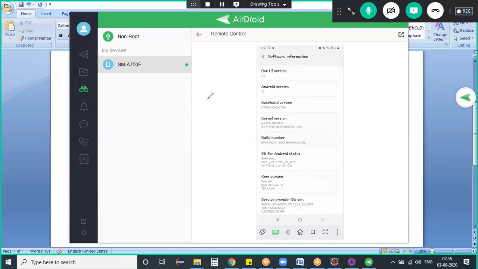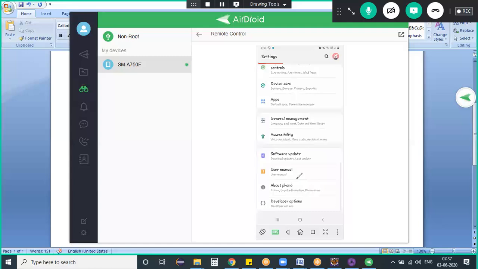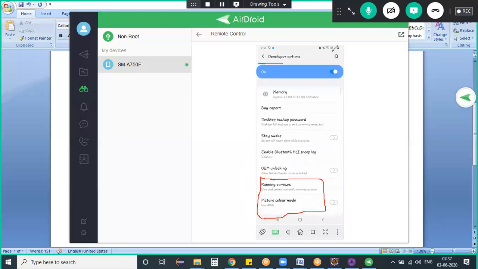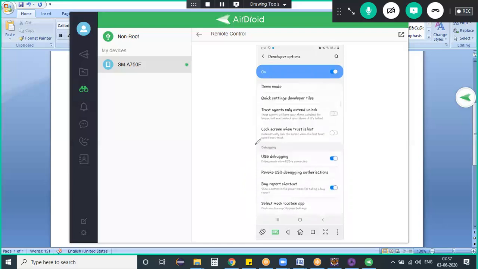So I'm clicking on back in the software information. Again, click on back in About the phone. Just below About the phone, the developer options will display for us. Hit the developer options, and inside the developer options, there is one debugging section,